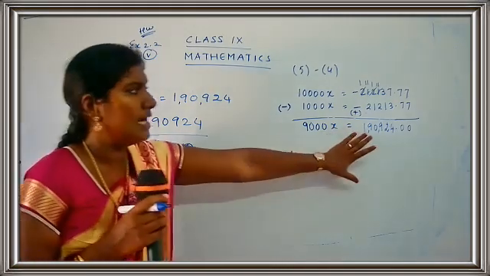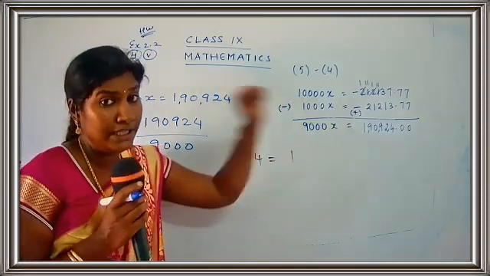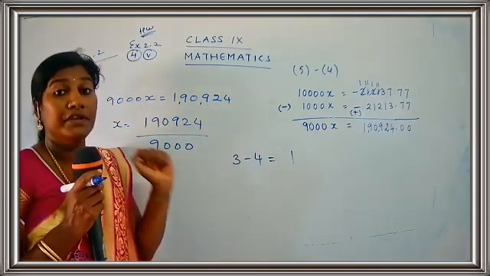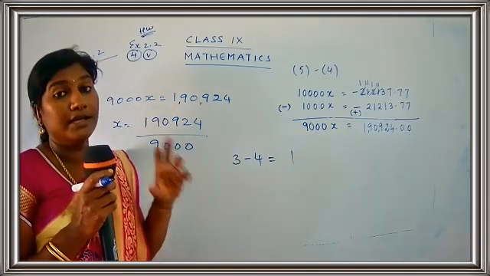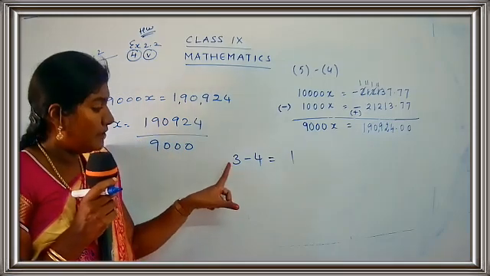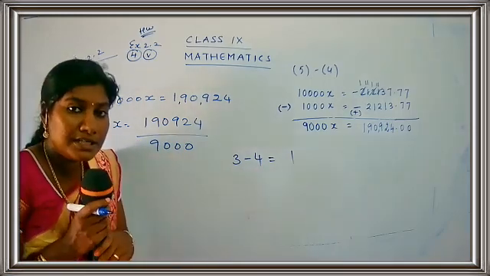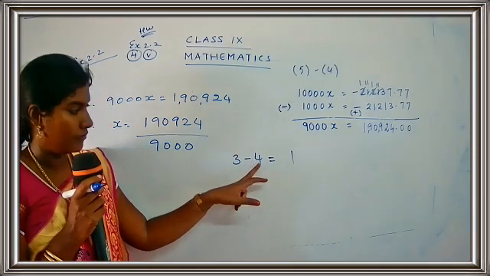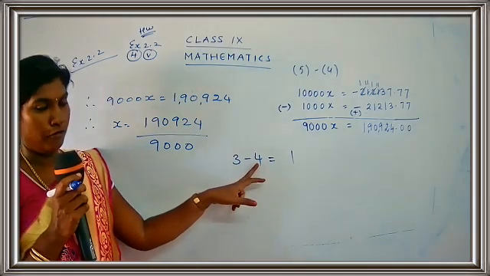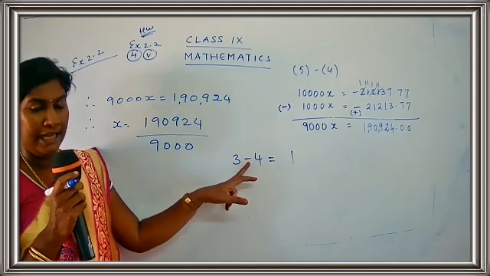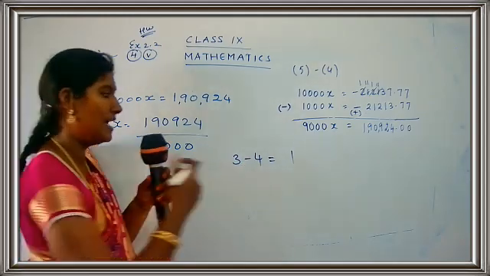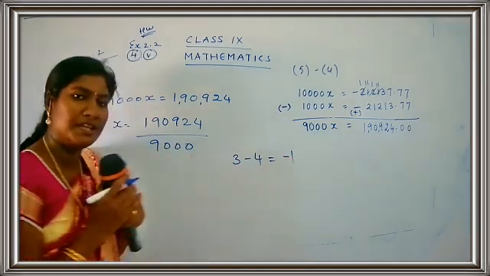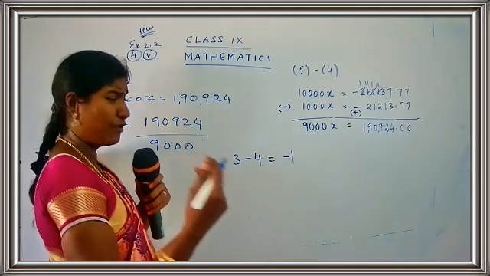So we have got the answer. Now we have to add one more thing here. What is the thing we have to do? We have to see the sign of the bigger number. Now from these two numbers, tell me the bigger number, children. Which is the bigger number here? Very good. It's 4. So what is the sign of 4? It's minus. So what will be the answer? Minus 1. Very simple.